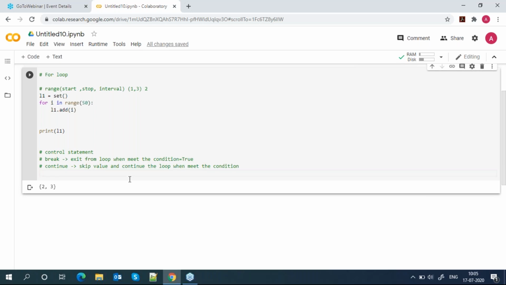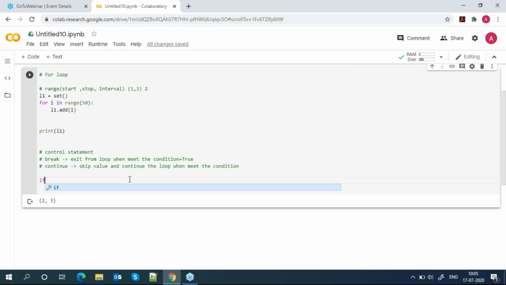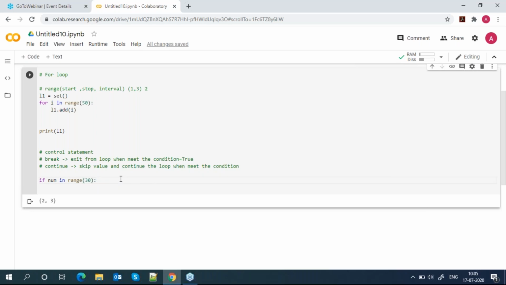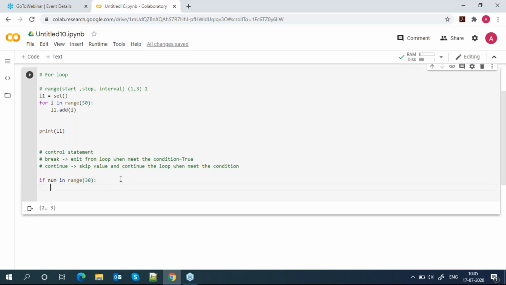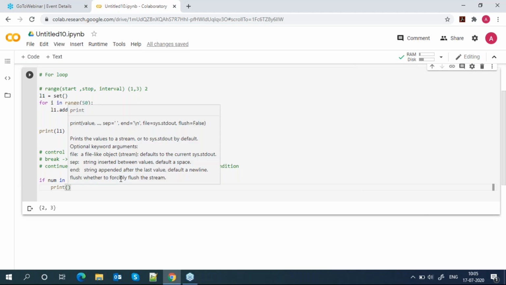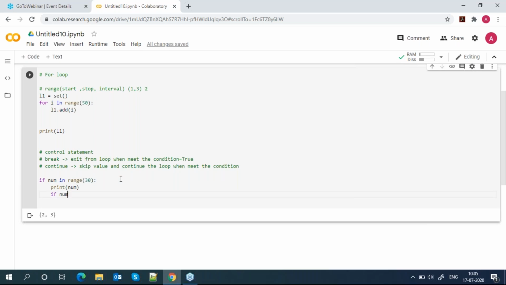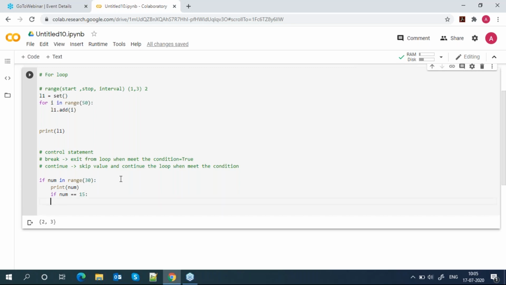So how is it working? Suppose same thing I write, for num in range 30, so it will store 0 to 29.